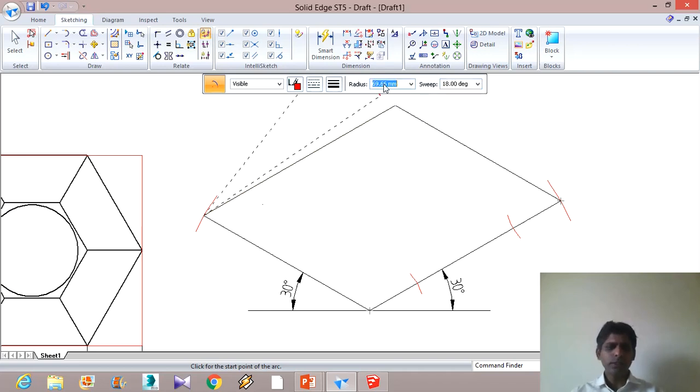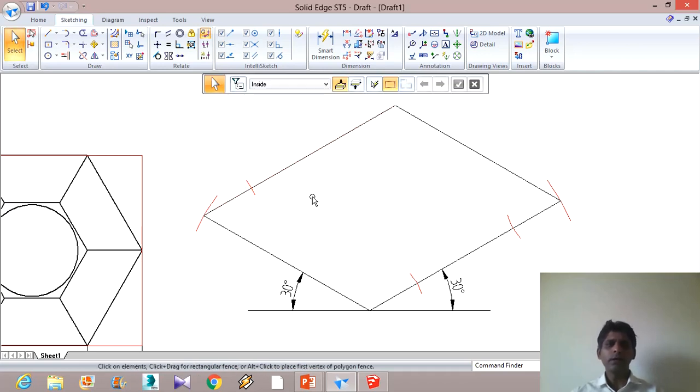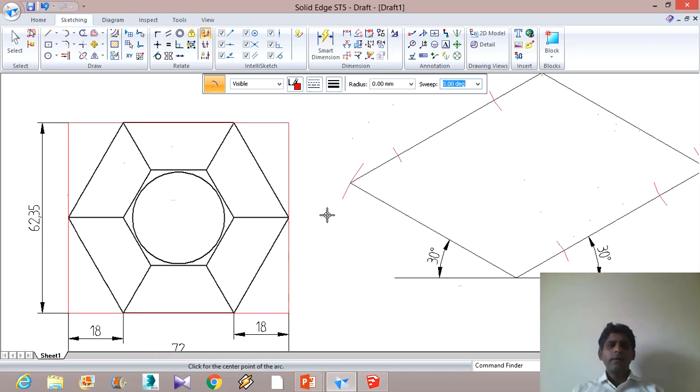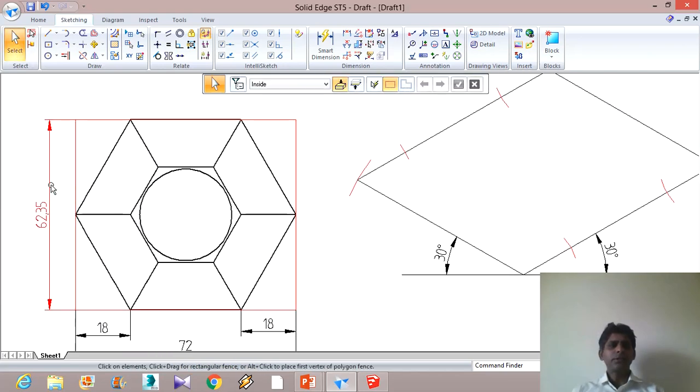There are shortcuts to this, but I am doing it in detail. This is how you would be doing it on the sheets. So that is why I am also doing it as you would do it on the sheets. Right? So this is also 18 millimeters, and you draw an arc,